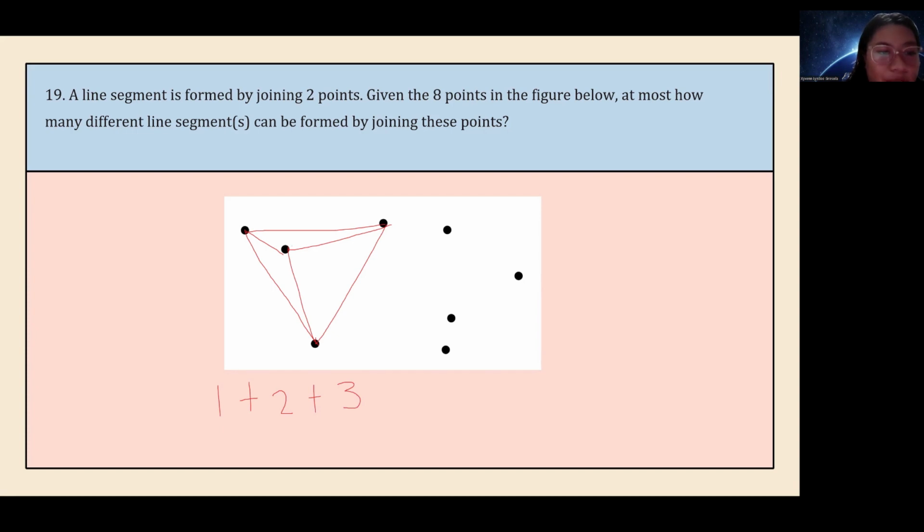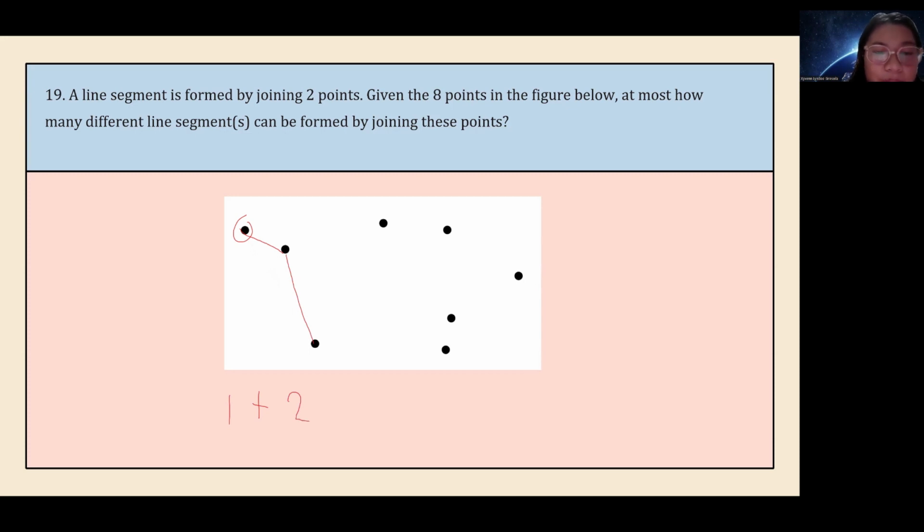Okay? So let me erase. Okay, let's do that again. Okay, and I'll erase each time so that you can see it clearly. Okay, we'll have a starting point. So for the first point, this point will have to join here. So that's 1. Next, if this point would want to join here, okay, 1. So of course, this point would also want to join this point. So that's 2 line segments now.